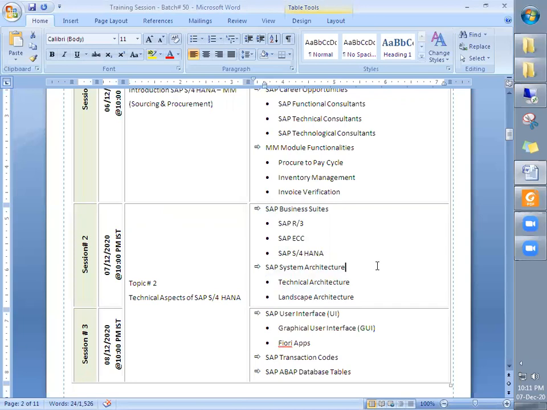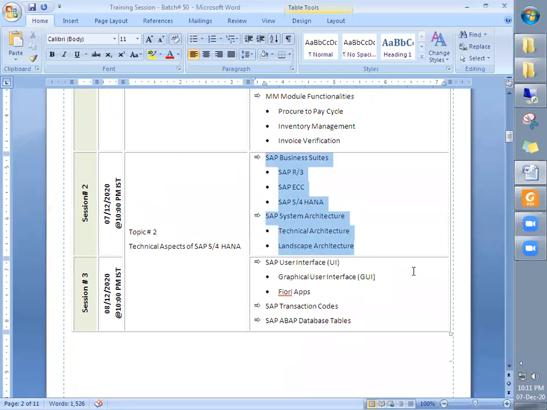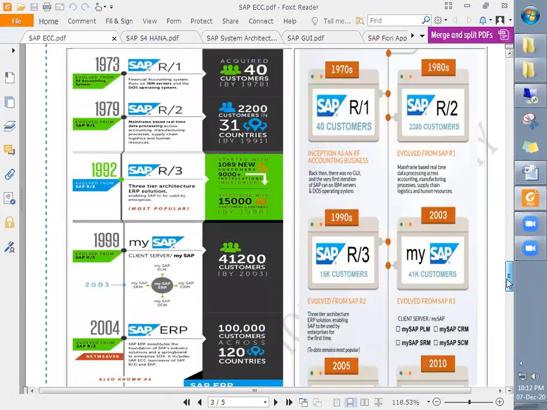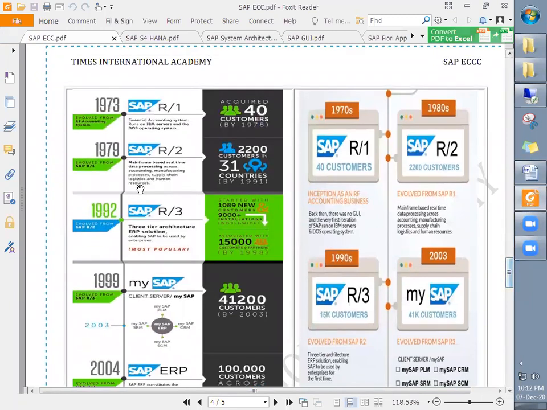Now let's move to the topics which we will be discussing in today's session. Let's try to understand these business suites which are very commonly used. As we discussed yesterday, SAP S/4HANA is the latest business suite. Before that it was ECC, and before ECC it was R3. Now let's understand what the difference is and what new functionalities are added. I think it was explained briefly yesterday; now I'm going to discuss this in detail.